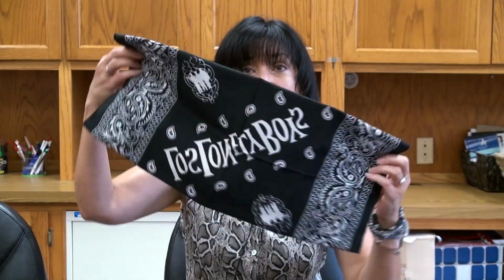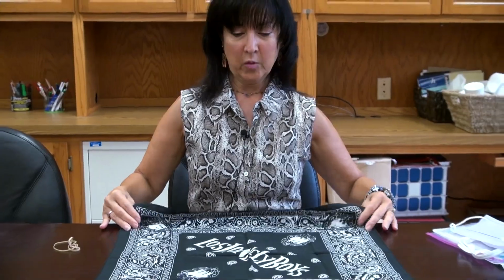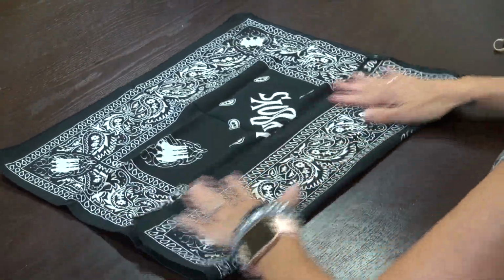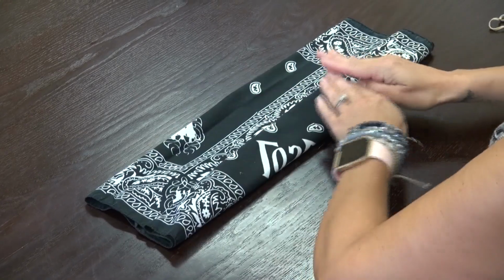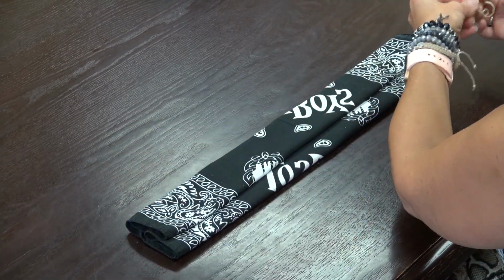So right now I'm going to show you quickly how to make your own homemade face covering out of a bandana. So what you will do is lay your face covering out. You will take it and fold it in half from the bottom and in half from the top, in half from the bottom again, in half from the top, and really you could use hair ties, you could use rubber